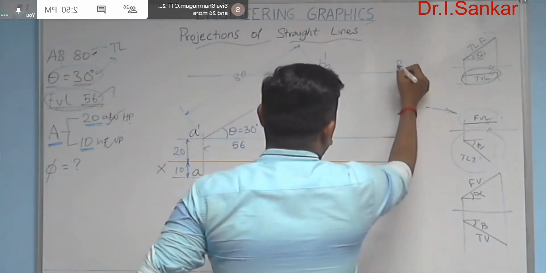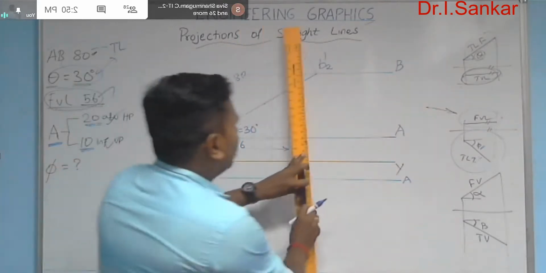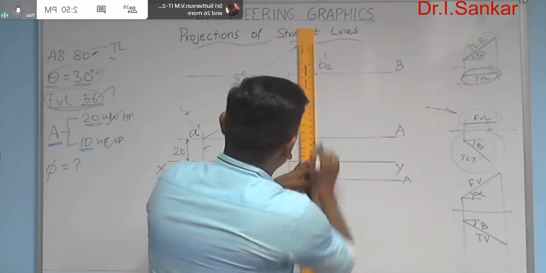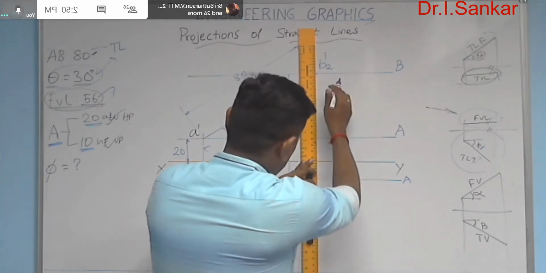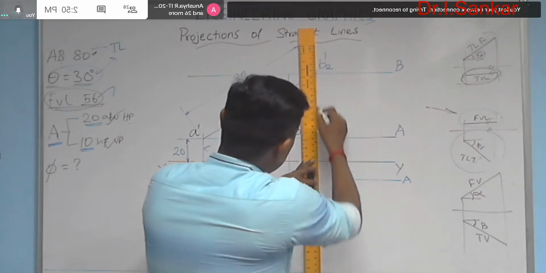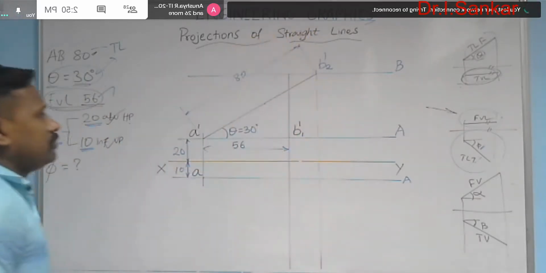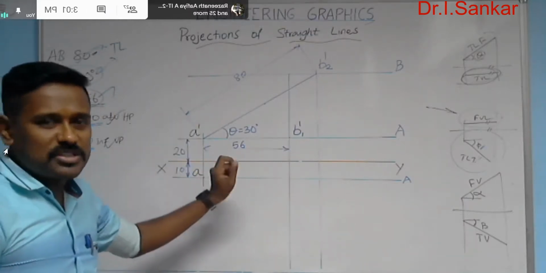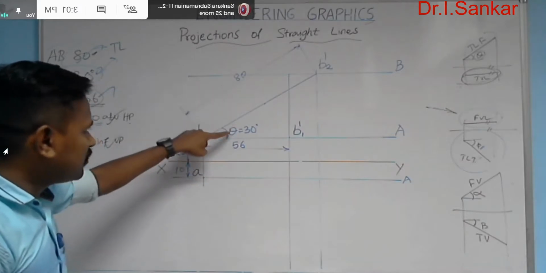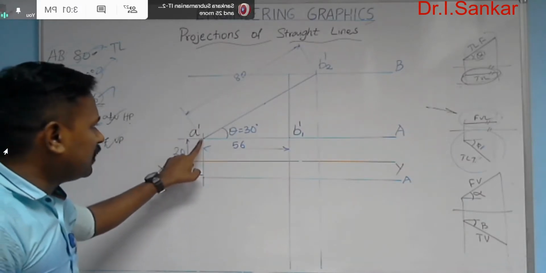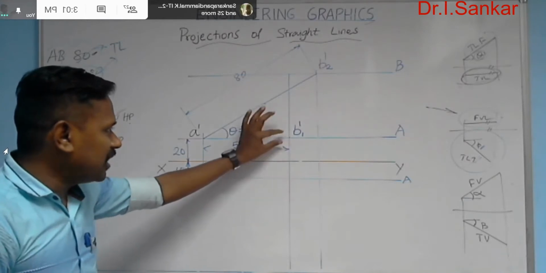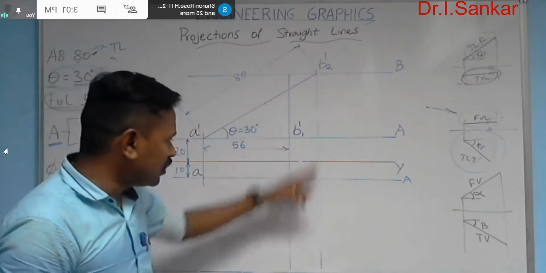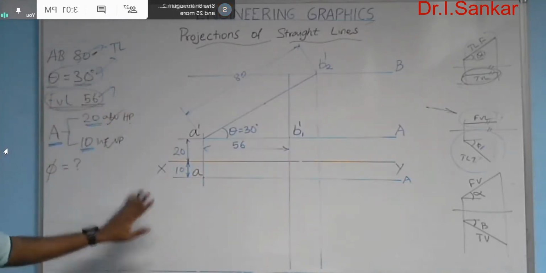So this is nothing but the locus of B in the front view area. Meantime, you need to draw the projector of the same point towards the top view area. So I just produced the things that are given in the question. I used the true length, true inclination with HP theta, and I marked the front view length 56 mm in its exact location, and the projectors of B1 dash and B2 dash are also drawn. So up to this point, I used all the given data.